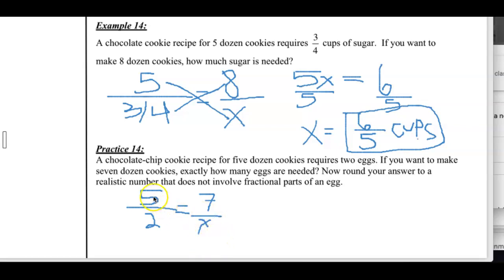Again, cross multiply: 5 times x, 7 times 2, and those are your cross products. You set your cross products equal, so 5 times x is 5x, and 7 times 2 is 14. And if I just divide here, 14 divided by 5, I can get my answer. 14 divided by 5 is, it's not quite